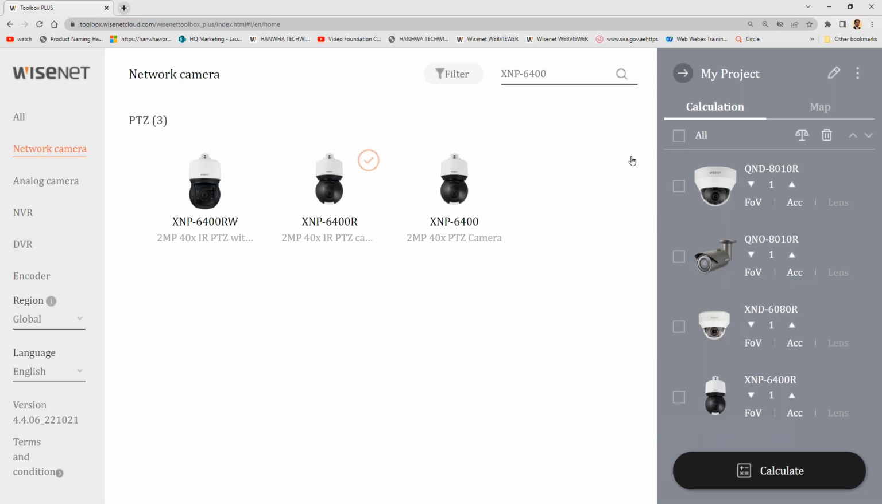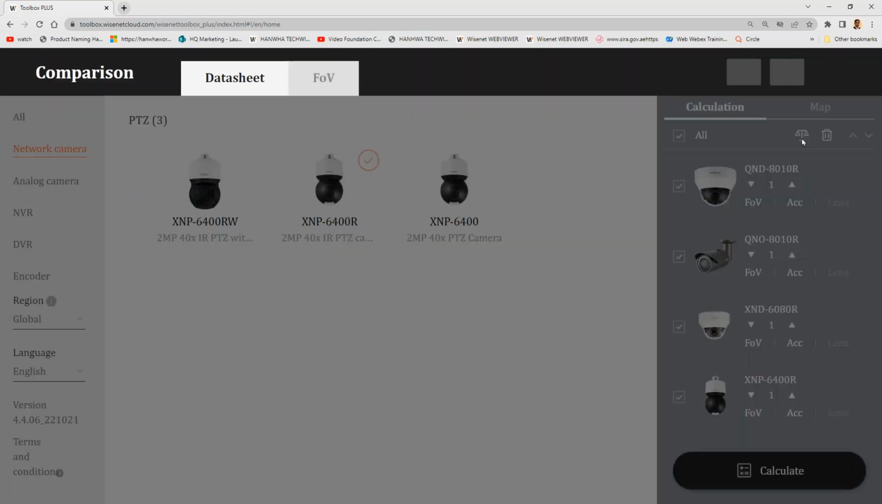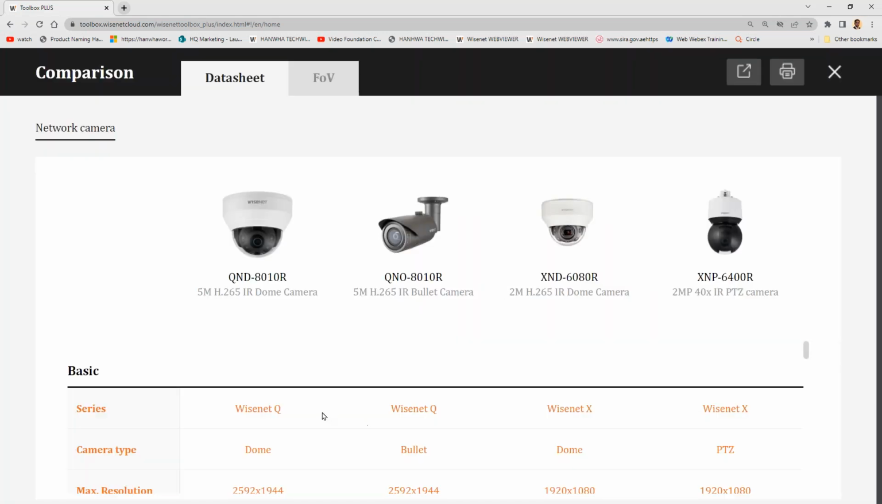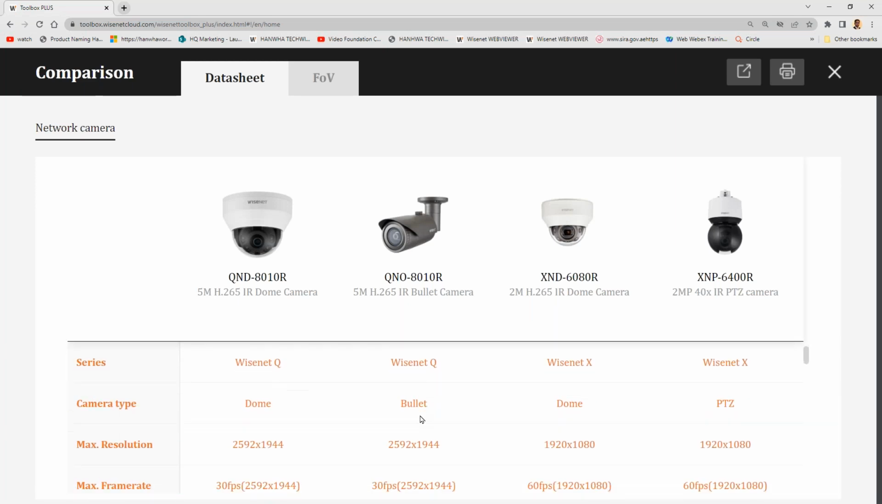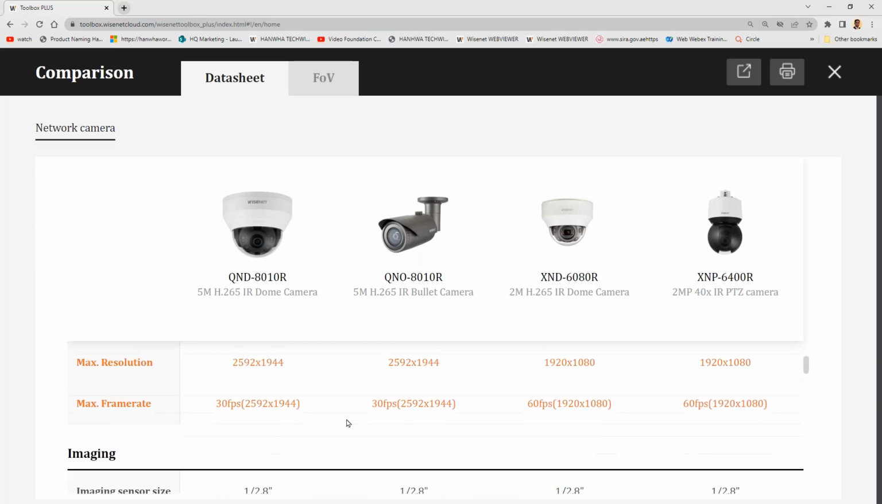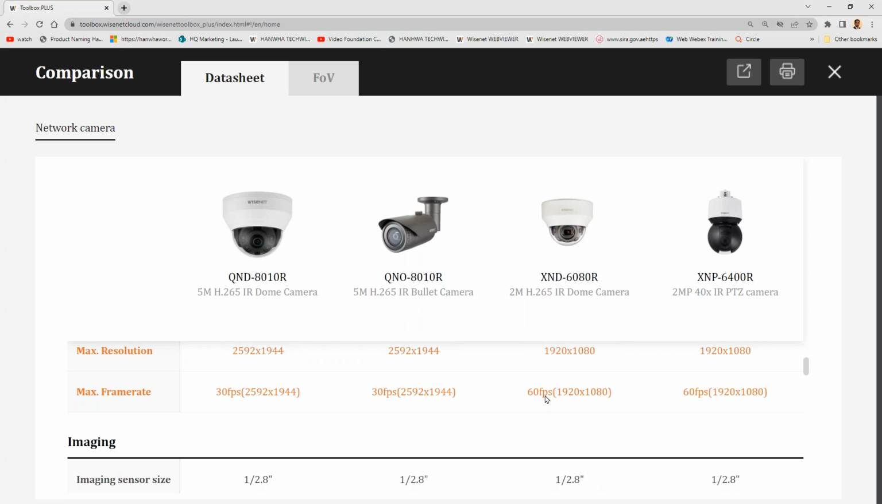Now, after this, on the right side, you can again click on the checkbox. Why? Because we are going to compare. You see the comparison button? I'm going to compare all of these models. Okay. The first two belong to Q series. The next two belong to X series because of the first letter. Okay. The X series always has higher frame rate, 60 frames option,